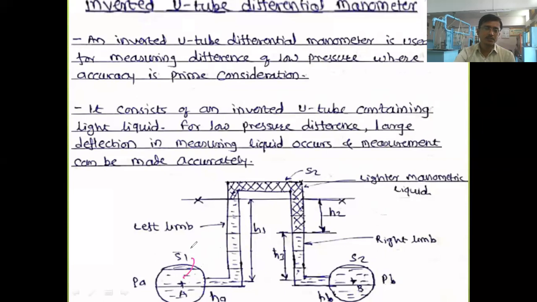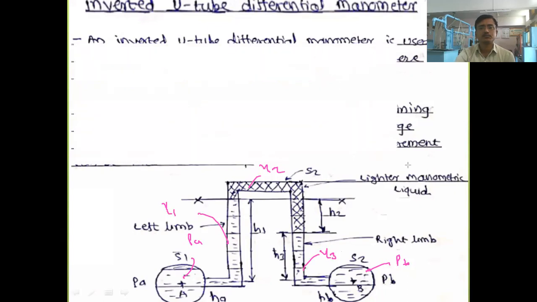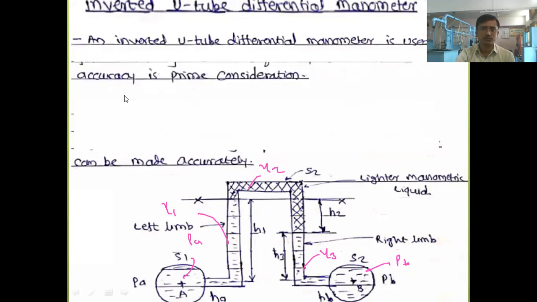See, here is the pressure intensity PA, and here the pressure intensity is PB. We will go directly by using the second alternate method. The weight density here is gamma 1, this one has weight density gamma 2, and this one has weight density gamma 3. Right? Now who will tell me the equation? PA minus gamma 1 H1 equal to PB minus gamma 2 H2 minus gamma 3 H3.